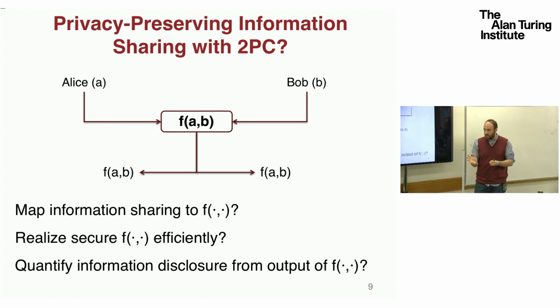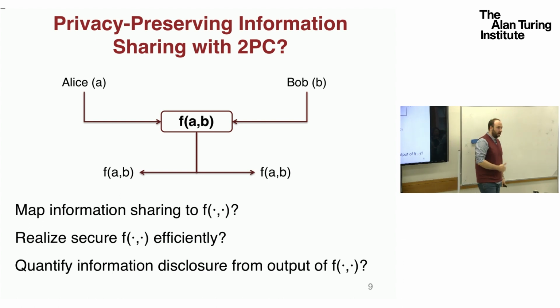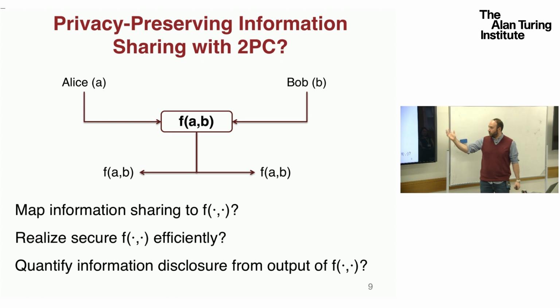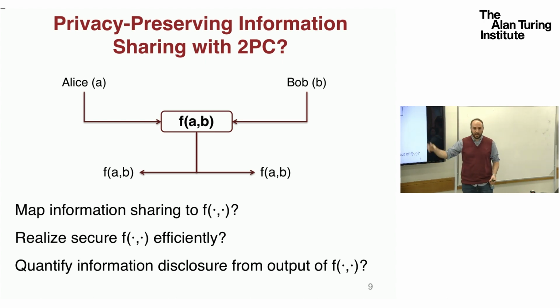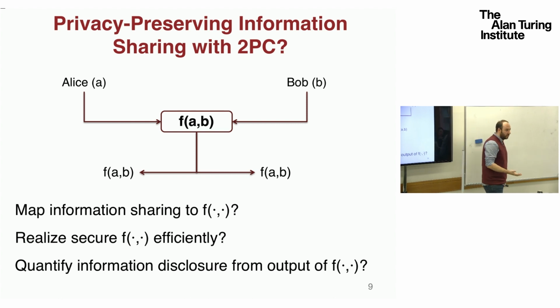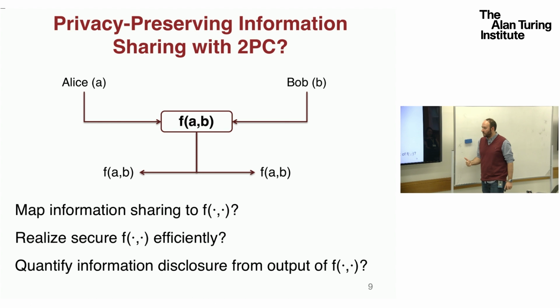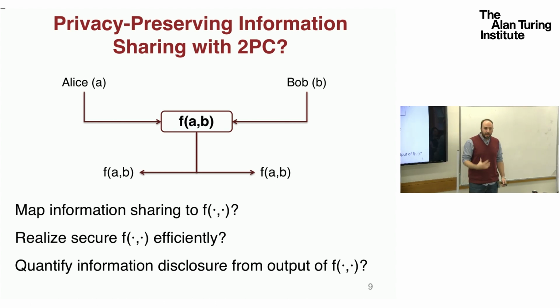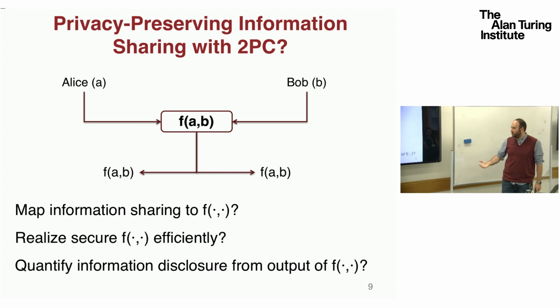Right? What kind of function can somewhat represent the concept of sharing information? How do we do it efficiently, so that we can scale when these parties don't have a single input A and B, but they have very large data sets? And ultimately, this only guarantees that nothing is disclosed outside the output of the function. But what if the output of the function actually hurts privacy, violates confidentiality or other properties? Right? So these are the kinds of challenges and problems that we are going to discuss in the rest